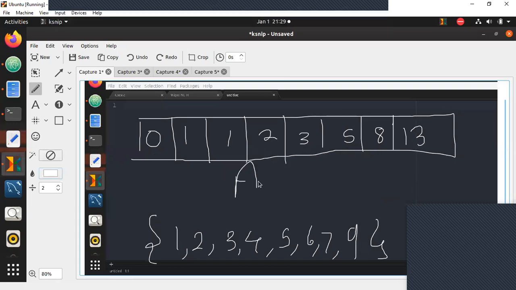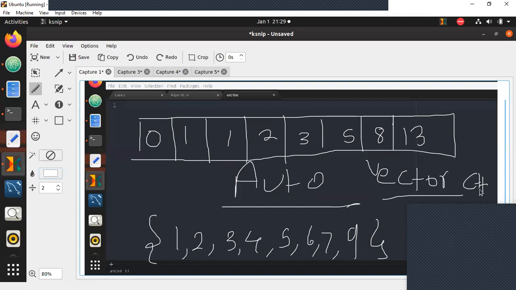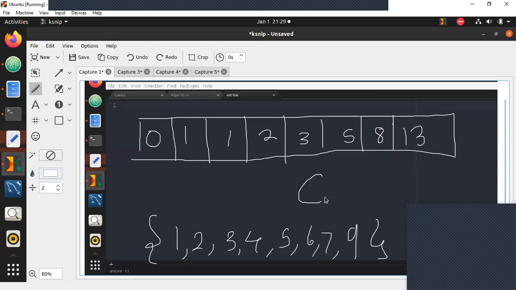If you want the compiler to do it automatically, as one of you stated, you can use the concept of vector in C++, or you can also use the concept of maps, or the concept of set. You can use any of these concepts. That's completely up to you. That is all there. But since we are working in C, we're just going to create an array.